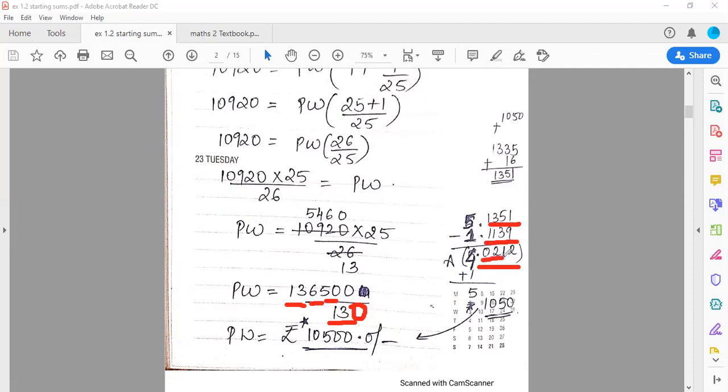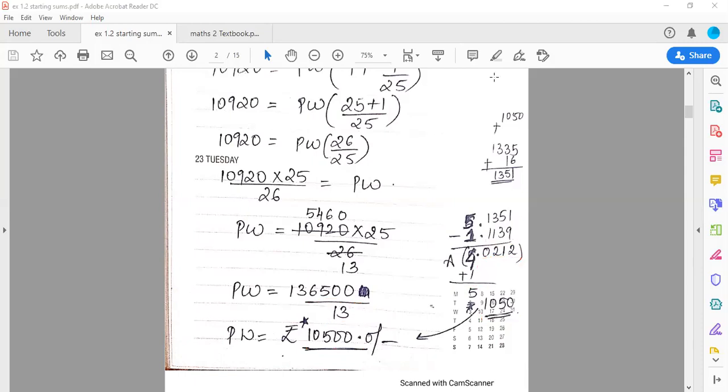Anti-log logic, again 211. After the decimal, you observe. So you will see 0, 2 under 1 and mean difference 2. So after adding that, 0, 2 under 1, you'll get 1050 and mean difference 2, I don't think there is any number, so there's 0 over there. So your final answer is 1050. Then for anti-log, we add the 1 which we subtracted in the starting. So 4 plus 1, 5. So after 5 digits, you will put a decimal. So 10,500.0. This way, you have to complete the sum.